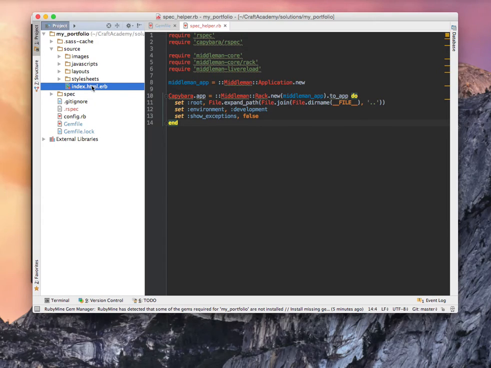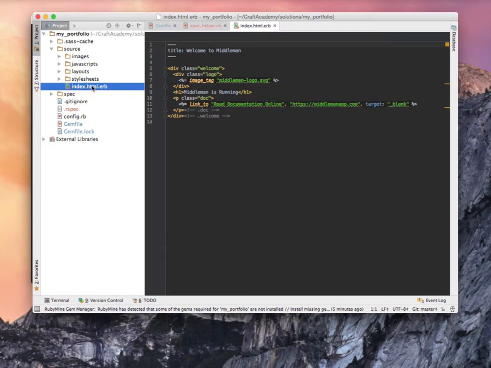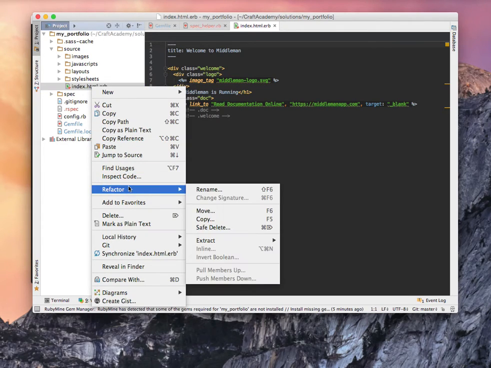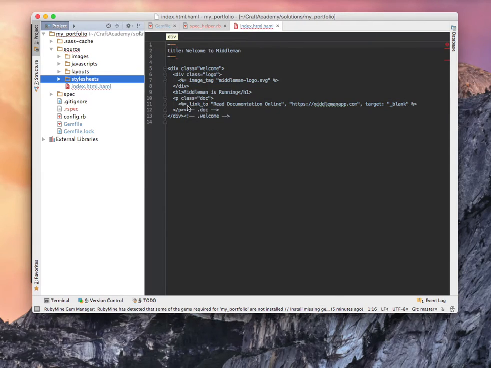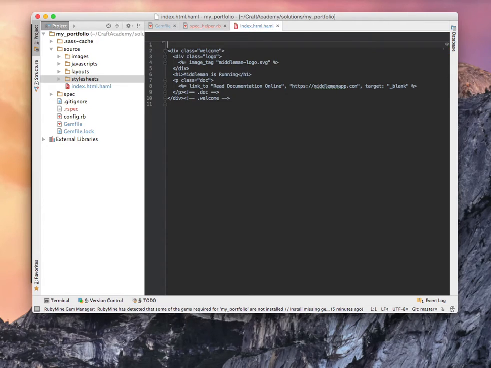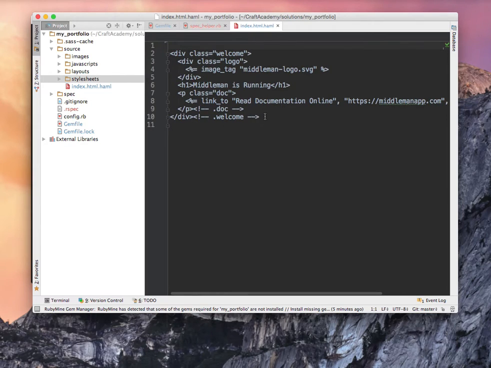We want that to change, so we're going to rename this file to index.html.haml instead of .erb, and now all the color coding is changed and everything. So we're going to remove this title for now, and I'm going to start writing some HAML first, just to have the same layout. I'm going to write the same thing as we already had in HTML and ERB, but I'm going to do it in